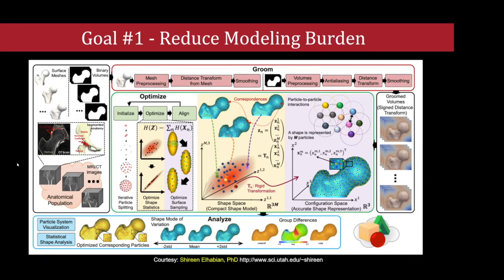So this is a very complex, convoluted process that takes a lot of time and effort. It's not as easy as just saying, okay, I've got this data, hey, Andy, can you create a shape model from it? There's a lot of work involved with that. So we want to reduce that modeling burden if we want to be able to get shape modeling into the